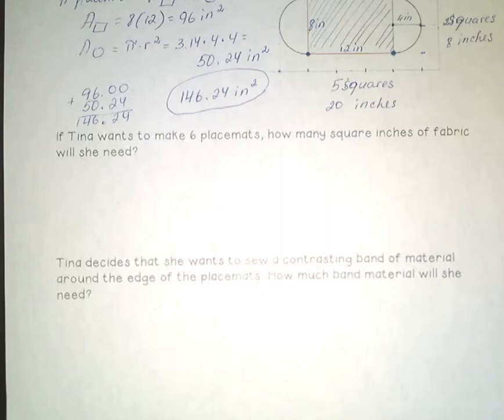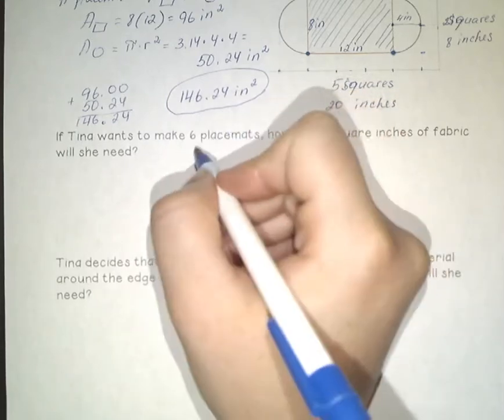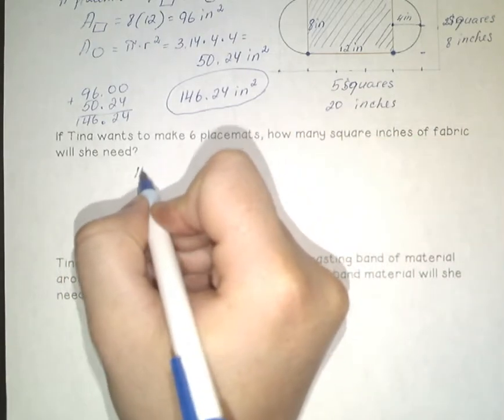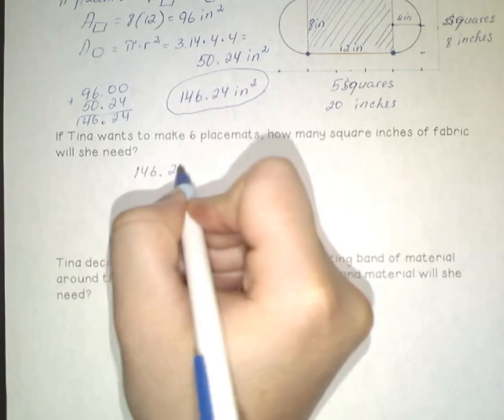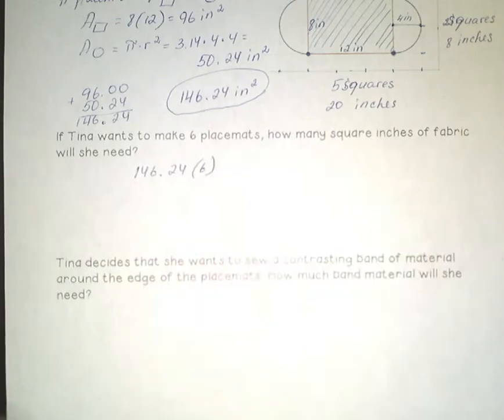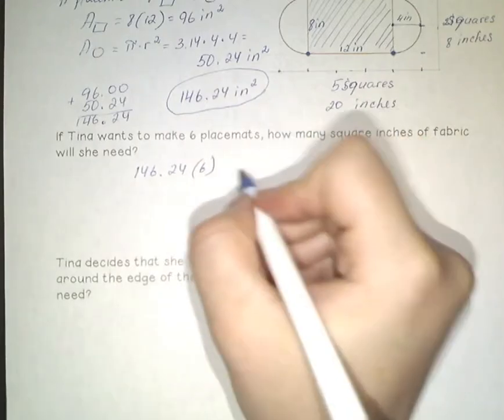So all I need to do is to multiply 146.24 by 6. 146.24, I'm multiplying that by 6. So that will be